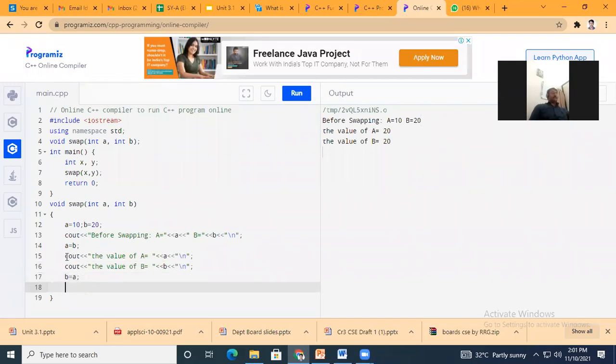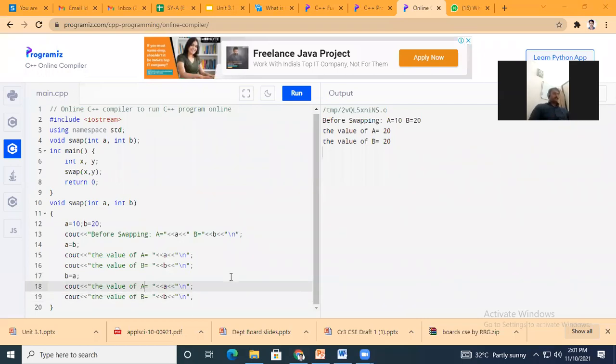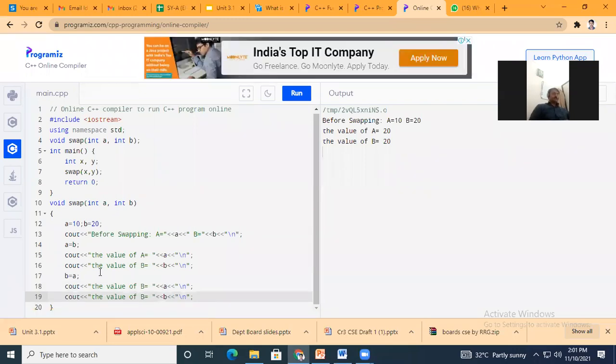And if I print it again, the value of b now, okay, just check.